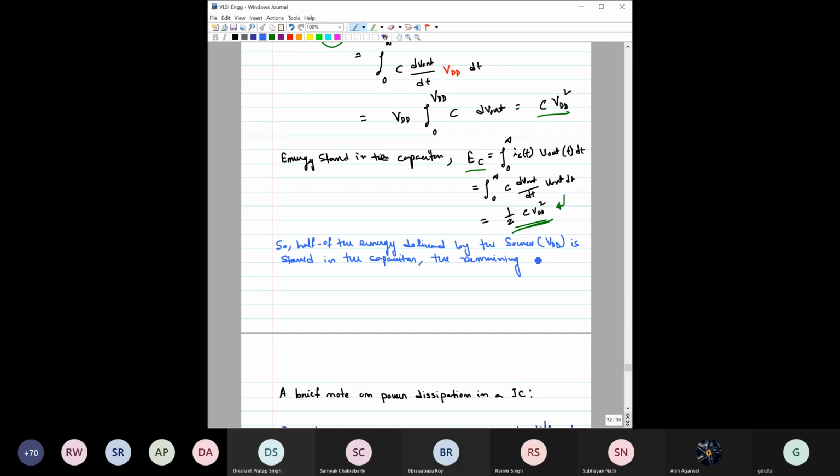The remaining half energy is dissipated as heat in the resistor during the transition. Resistor means the equivalent resistance of this transistor, right? Then during the discharge phase, that is V to 0,